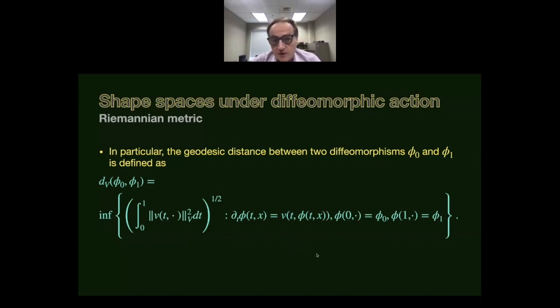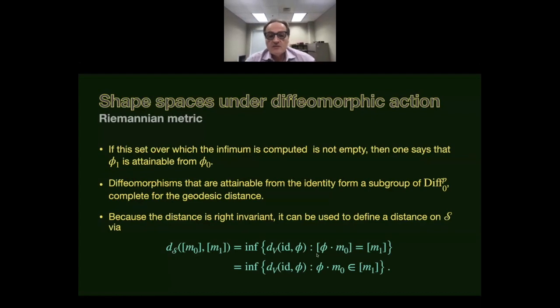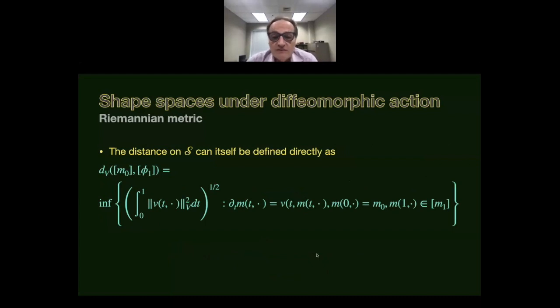This is just repeating what I said. So we minimize the action functional with fixed boundary conditions. Now, this metric can be applied to a shape space. So mostly the last equation defines a metric between shapes through trying to find the diffeomorphism closest to the identity that transforms one shape into another one. And so that gives us a second variational problem that defines the distance in shape spaces that minimizes the same action functional,